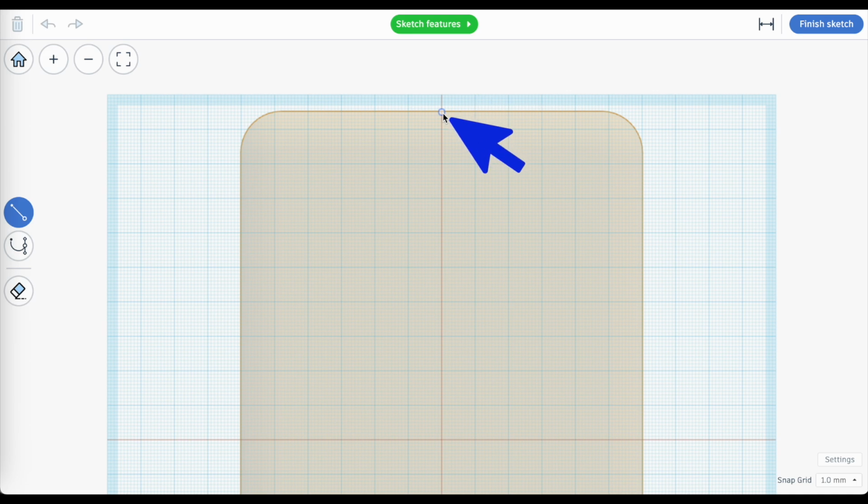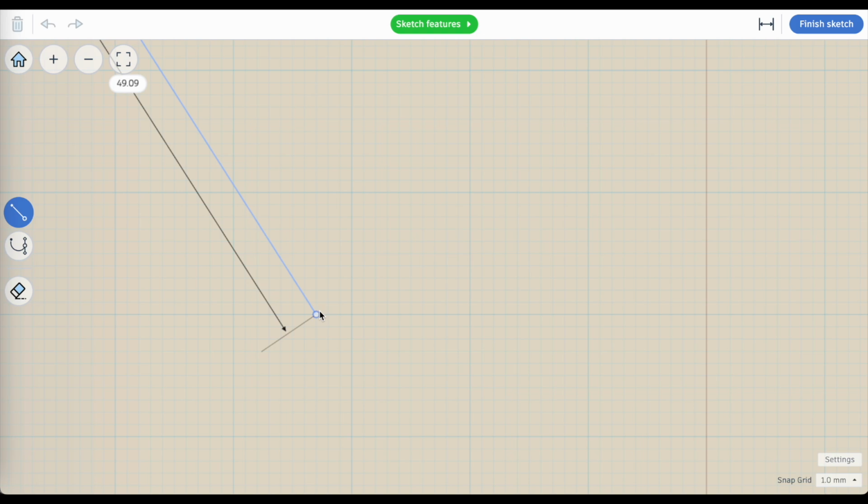I'm going to start in the center here and work on just the half of my cutout. So let's start here. I'm going to click there to throw down my first point. Now I'm going to throw down a point outside here, and there's a reason why I'm doing that. I'll explain that in a sec. Let's throw down another point here, and then the shape of our vase sort of pinches in here. And let's just put it around